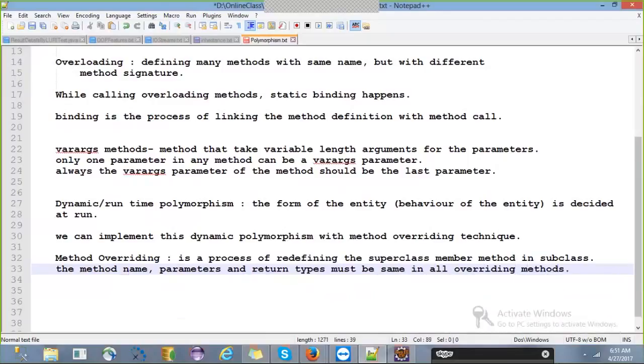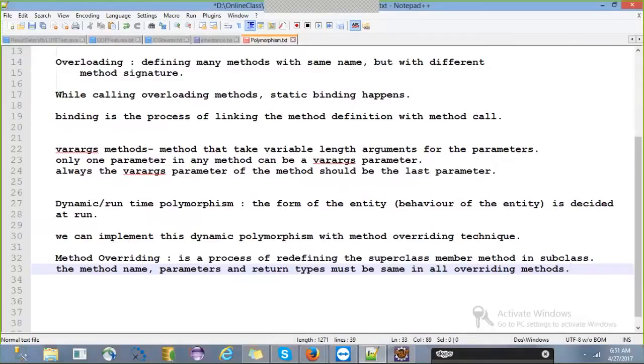You may be writing five copies of the same method across a superclass and its subclasses, or you may be writing two versions, one in the superclass and one in the subclass only.